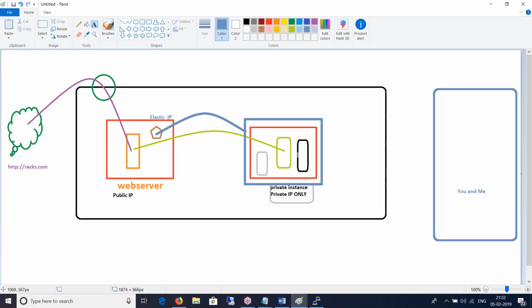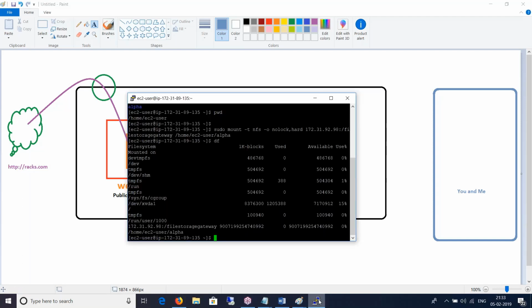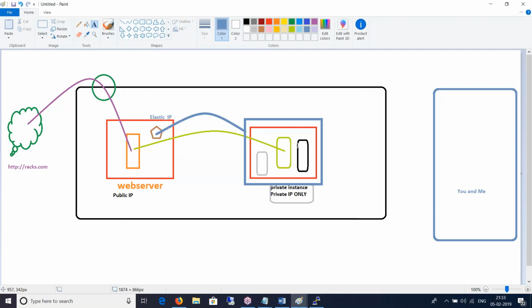We found a solution for a specific problem, and the problem was that these machines do not have internet. So now these machines can talk to the internet for various purposes. But how do you get into this machine? This machine does not have a public IP. Unlike this machine, which we were able to get into easily because it had a public IP address, these machines do not have a public IP. How do we get in?